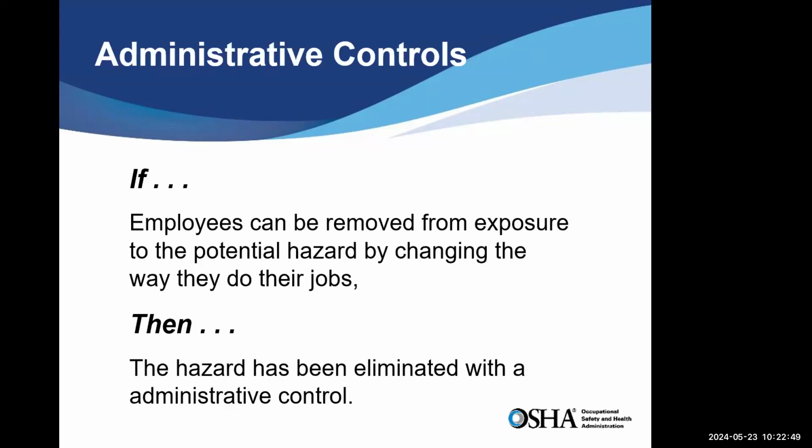Administrative controls. Sometimes people don't think about controlling hazards through the use of administrative controls. If an employee can be removed from exposure to the potential hazard by changing the way they do their work, then the hazard has been eliminated with an administrative control. An example of that would be, next slide,